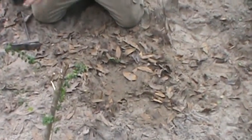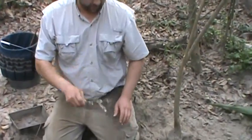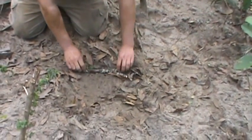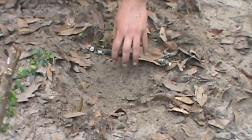Alright, now what you want to do, get you a stick. Ain't got to be a big one, just a little bit longer than the trap. My pan's right there, and I'm just going to put that stick right there. And when that animal steps over this stick, it's going to...